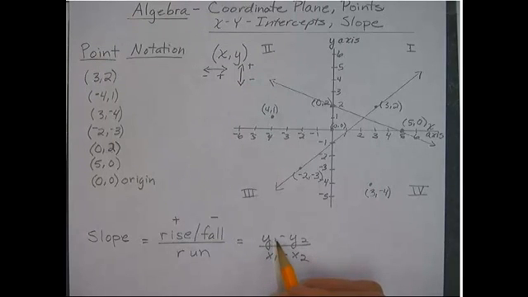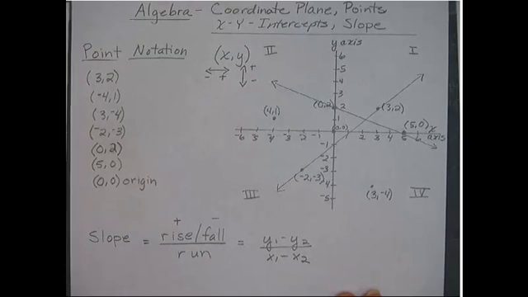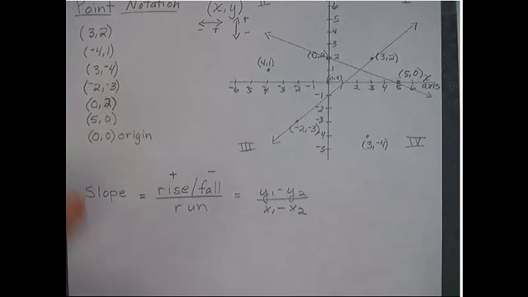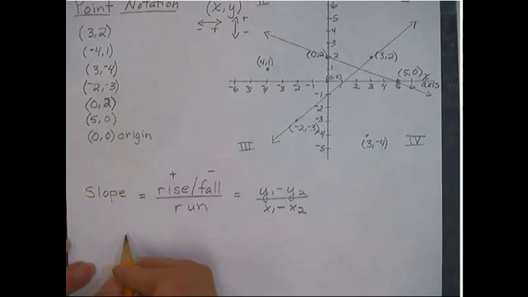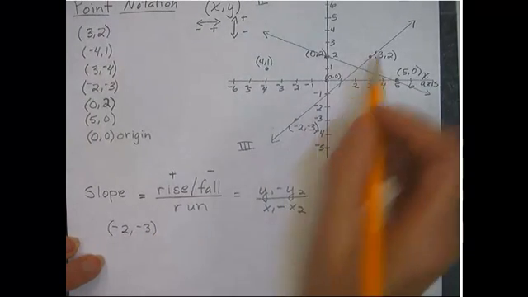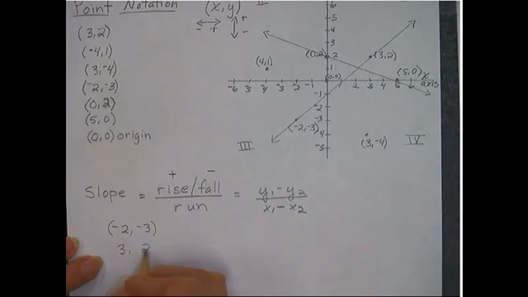And students kind of get overwhelmed here, and I wanted to show you a shortcut that we could use. I'm going to slide this up here. Hopefully we don't lose too much space. What I want to do is look at the points that created my first line. I have -2 and -3 are the coordinates of the first point here. The second point was 3, 2, and I'm going to stack them just because I think it's the easiest way